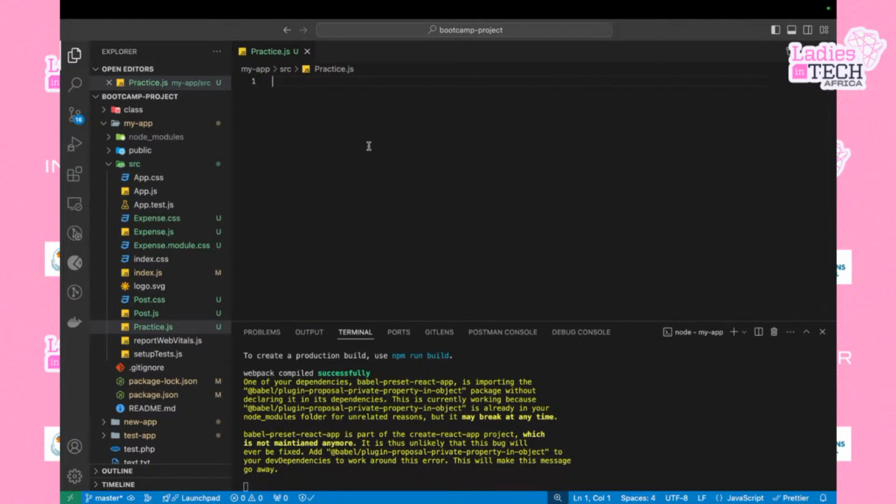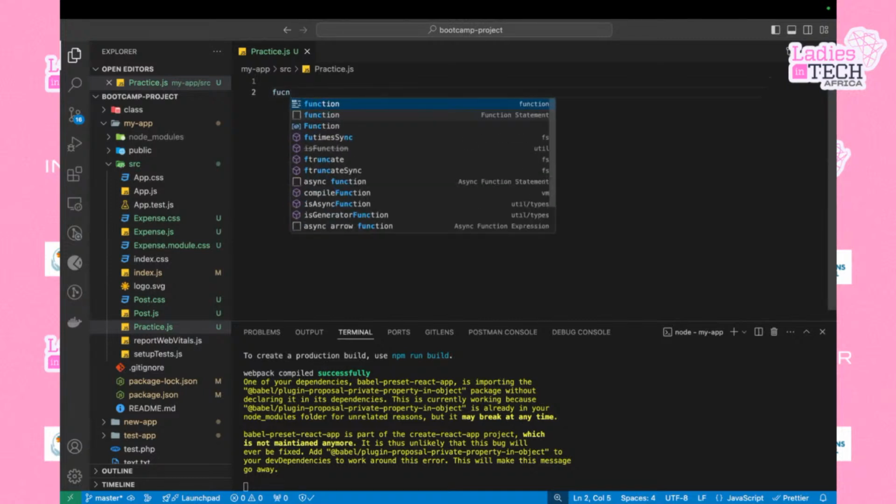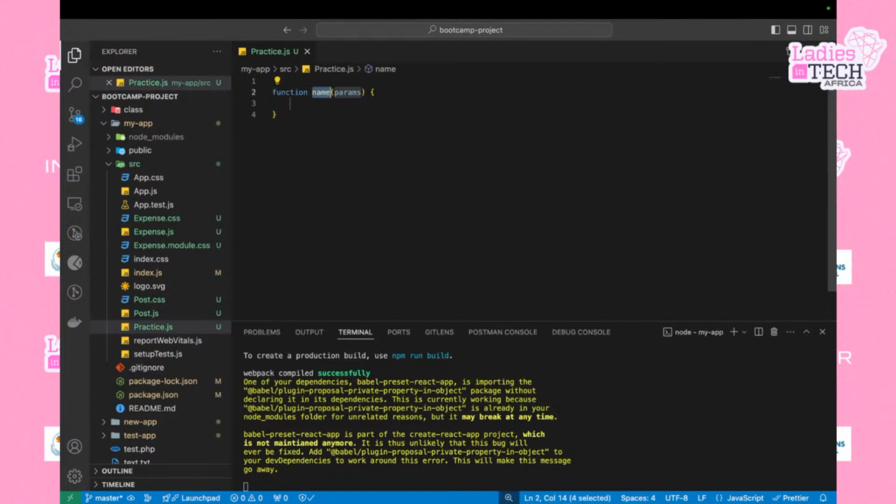Hello, can you guys see my screen? Okay. So now we're going to create a new component. Name it function practice. And the goal of this component,